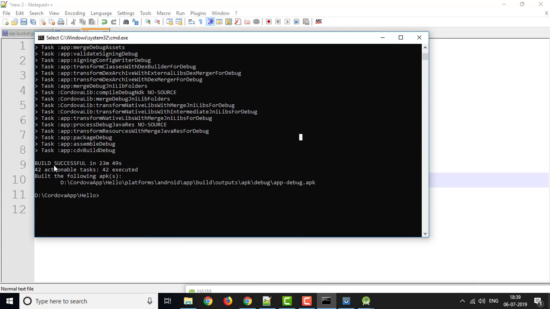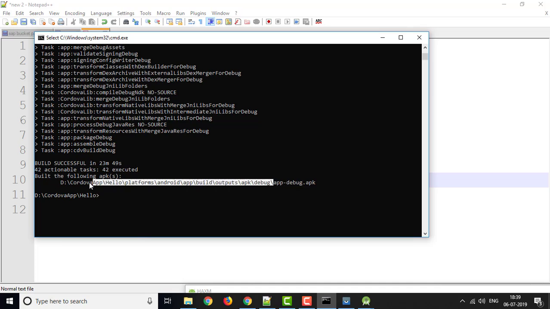So after that, once you are done with the build, you will see one message like d::Cordova app / this is my project name / hello. So this is my directory, this is my project name, platforms, Android, app, build, outputs, apk, debug, app-debug.apk. This is the file. This file I can also copy from this path.